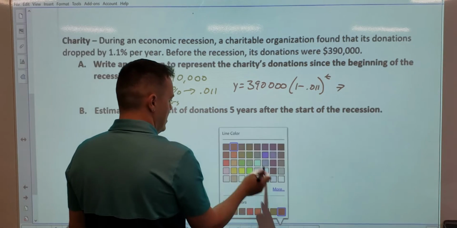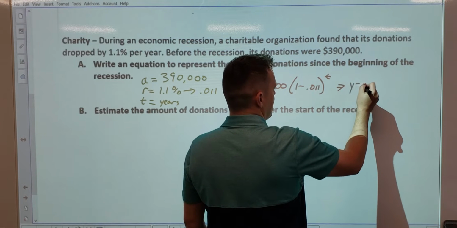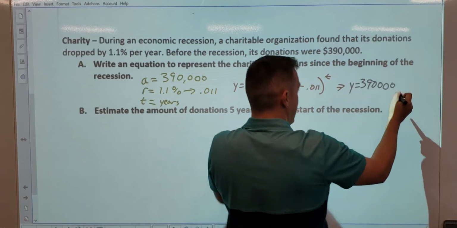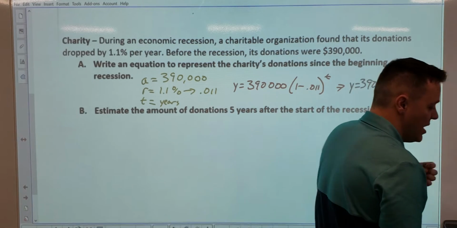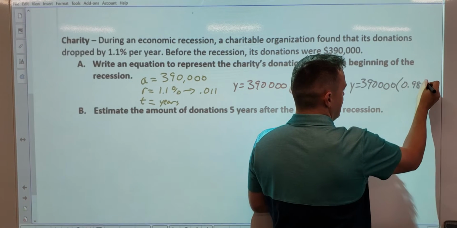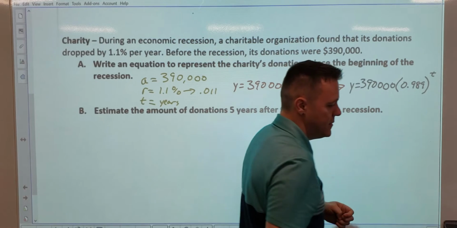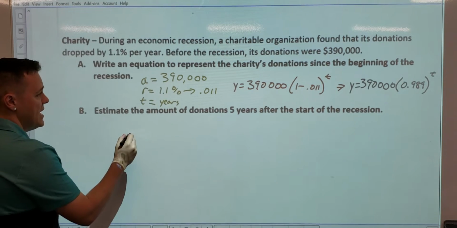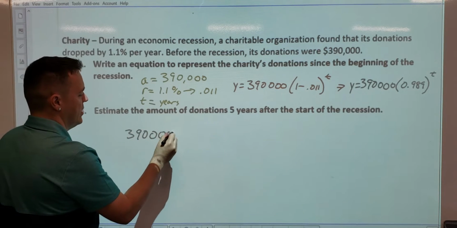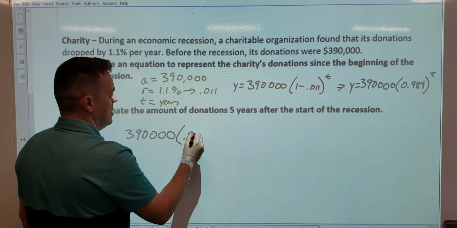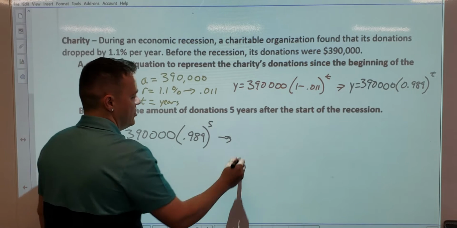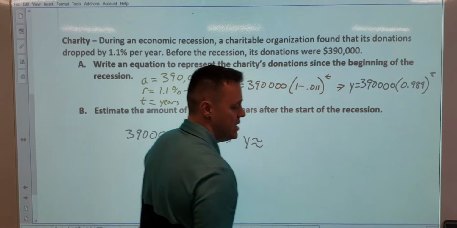And then, of course, I'd want you to rewrite it, combine those together to be y equals 39000, and then it's going to be, I have it already done, use a calculator if you have to figure it out, 0.989 to the t. All right, so there's my setup. Now it asks after 5 years. So you would just go into a calculator, plug this in, and if it's after 5 years, you put the number 5 here, and you guys will get y is approximately